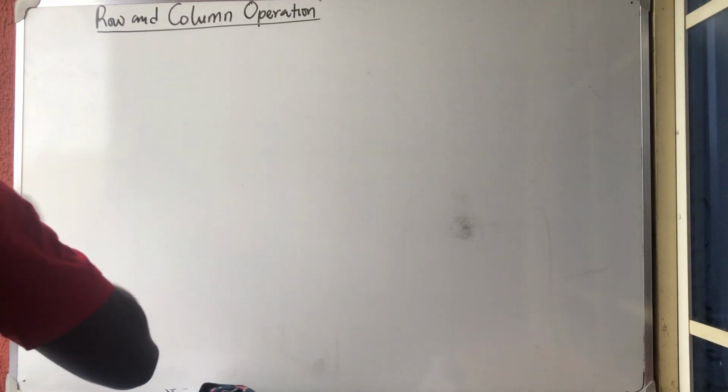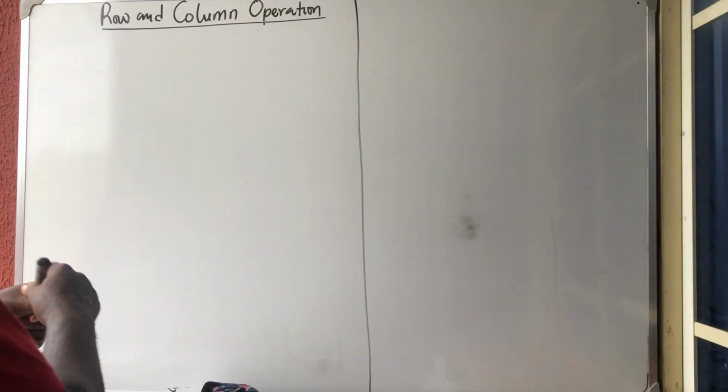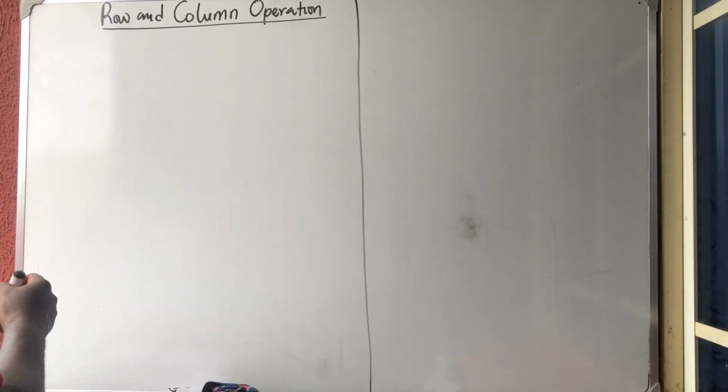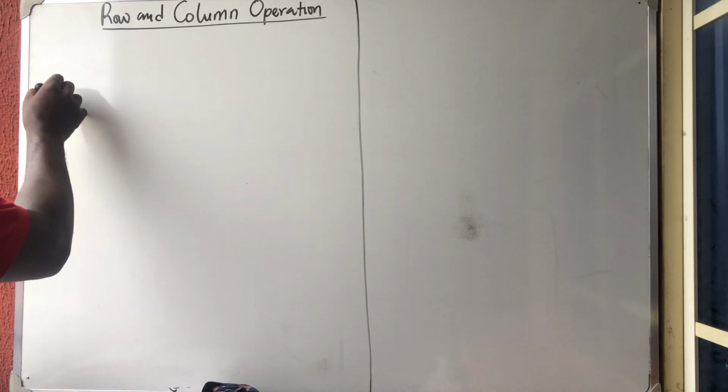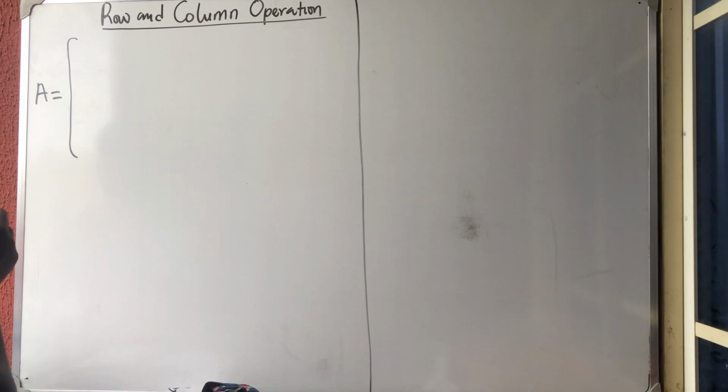Okay. Now we want to talk about row and column operations in a matrix. If we have a matrix like this, first of all, let's talk about the rows. Let's talk about the two in general. Now, if I have